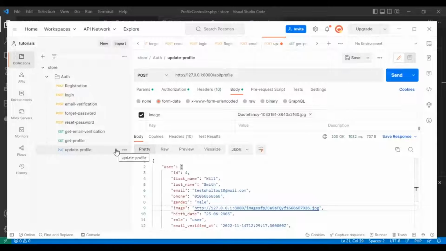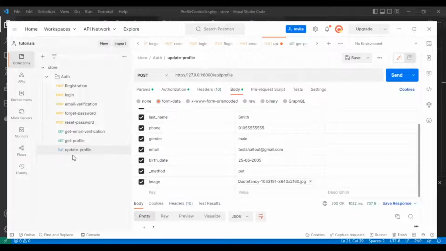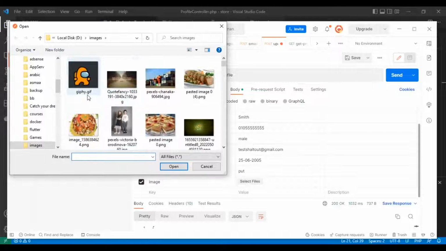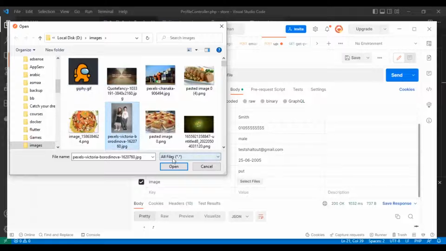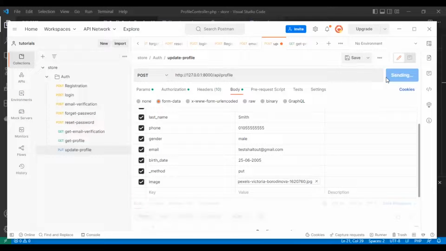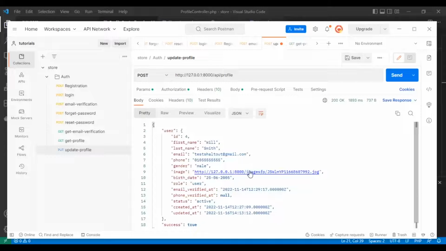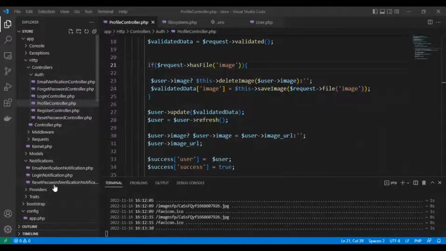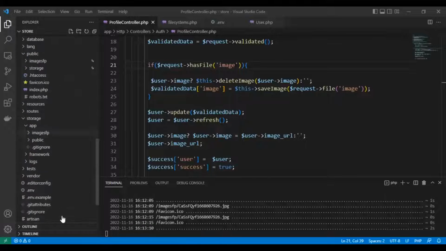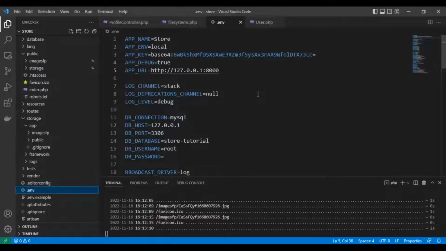And finally, let's test it. Here, update profile, it's post method. From the previous video, profile update. So let's select an image for the boy and the girl. So here it is. And make sure the URL is in your .env file. As you can see here,